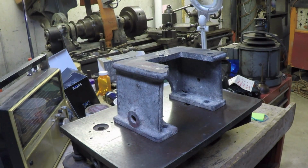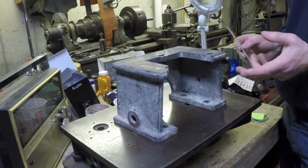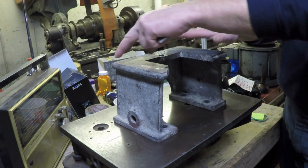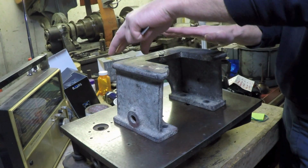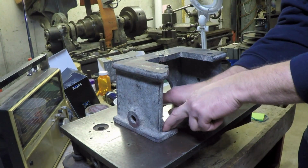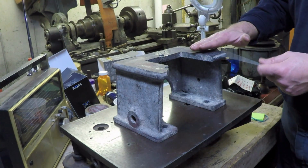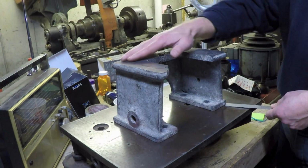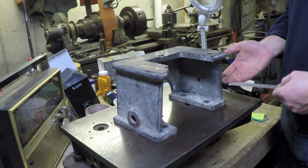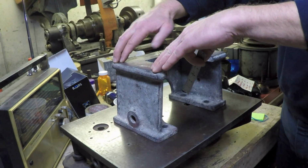So let me see if I can better explain what the hell I'm doing here, what my whole point of this exercise is with the feeler gauges and everything. Right now, because of the wobble, if I try and clamp this down, first of all, I can't really clamp this down properly without possibly even putting enough stress on it to crack it. If I just clamp down on this side, for instance, and I clamp this down firmly, this side will actually be floating, so I would have to shim under here anyways to give it some support. Okay? So if I shim this up, I don't want to shim it up too high. If I shim it up just enough so that it's supported underneath here, and it's firm, and I clamp it all down to the table,